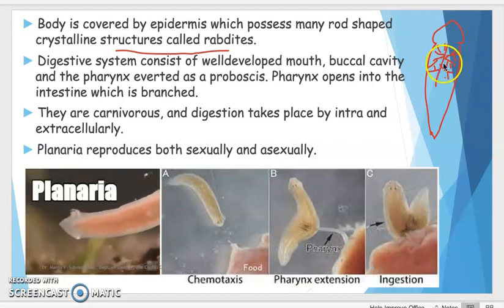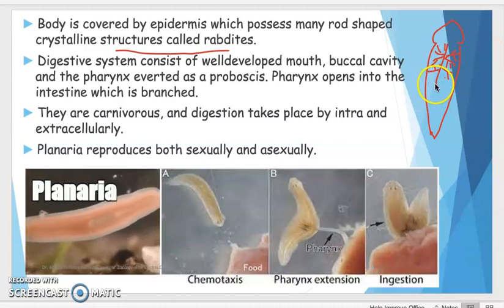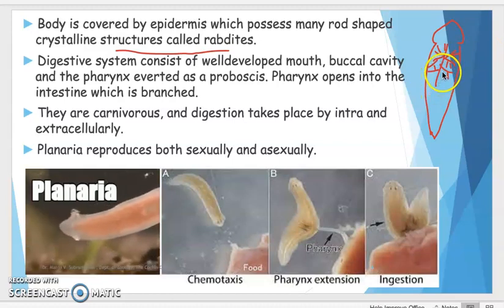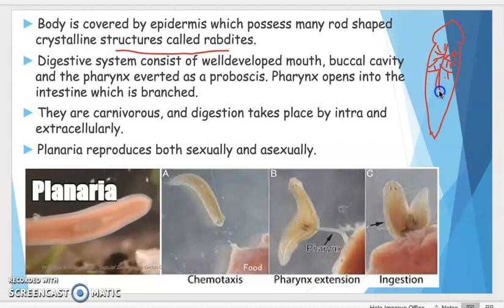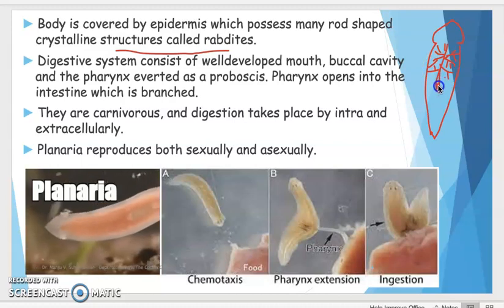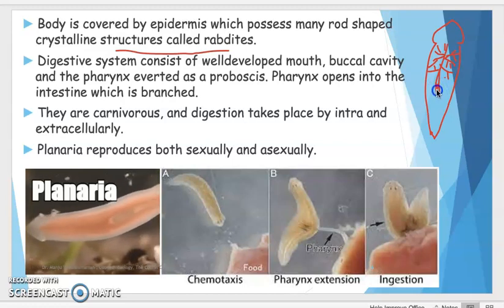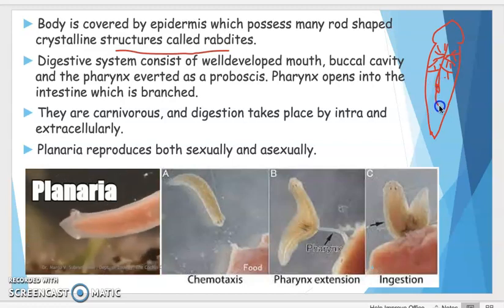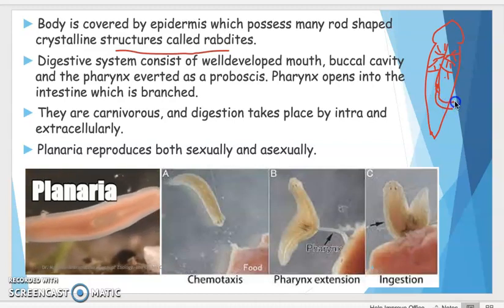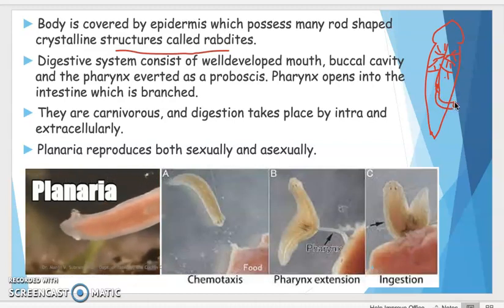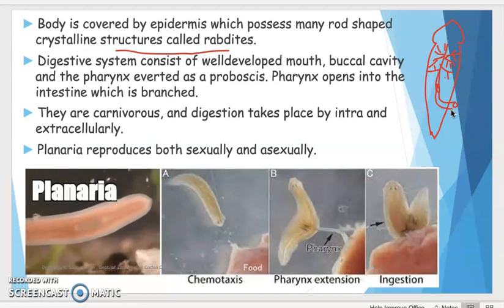Then this diverticulum will be joining to form the pharynx, and then this pharynx is everted out as a proboscis,